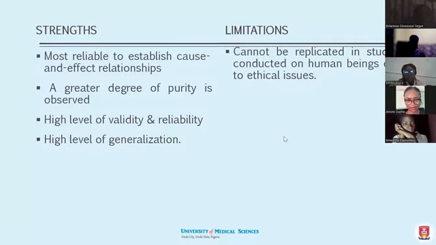For that reason, it has a great degree of purity of the data you are collecting. Provided you have taken care of your extraneous variables, you are very sure that the data is true of your population, and there is a high level of validity,